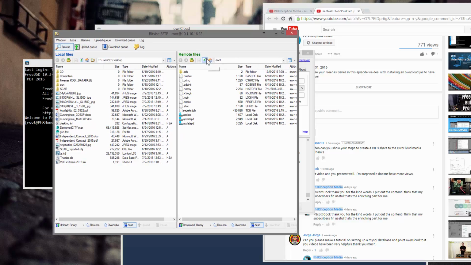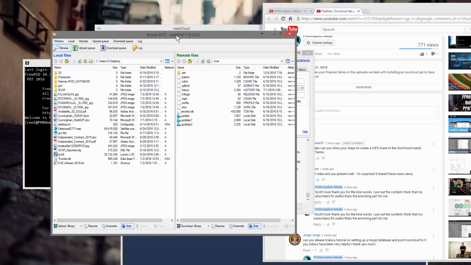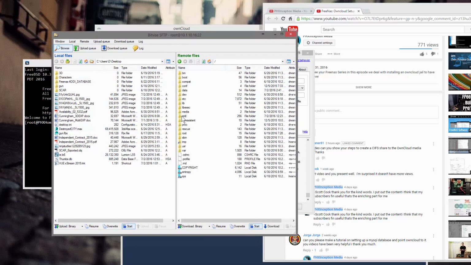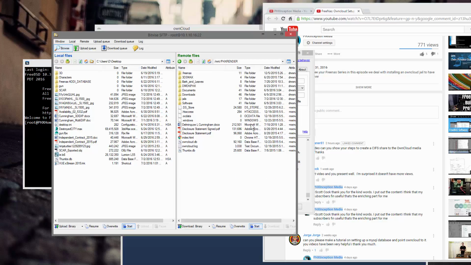Now, sometimes it's okay, sometimes it can actually break your database. So I'll show you how to get to where those files live on the OwnCloud server. I'm going to go back in here, and I'm using BitVise and the SFTP client that comes with it. I'm going to back out of root, go in here to mount, and go to the pool that has the